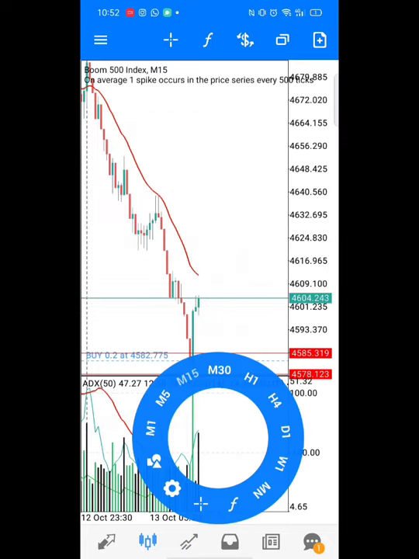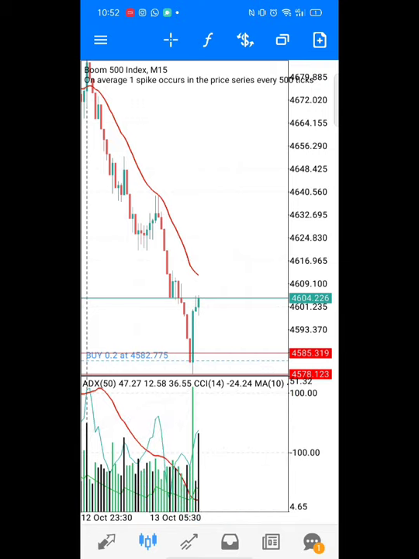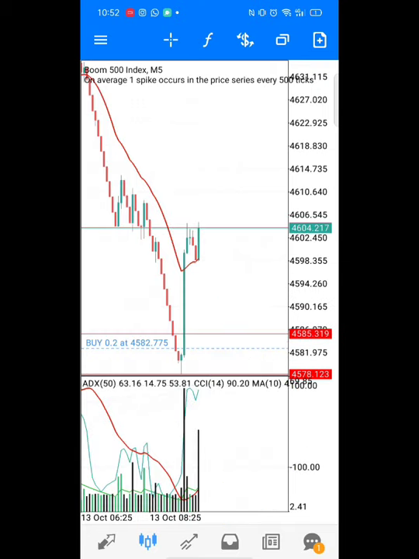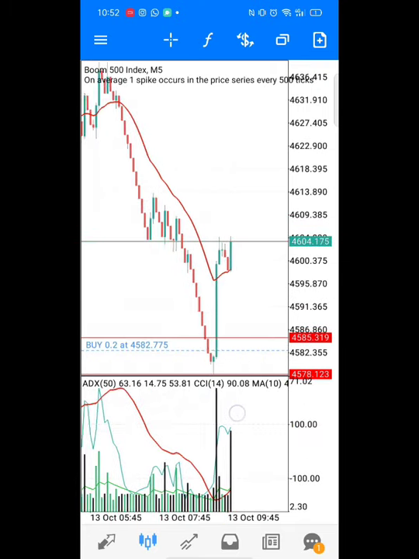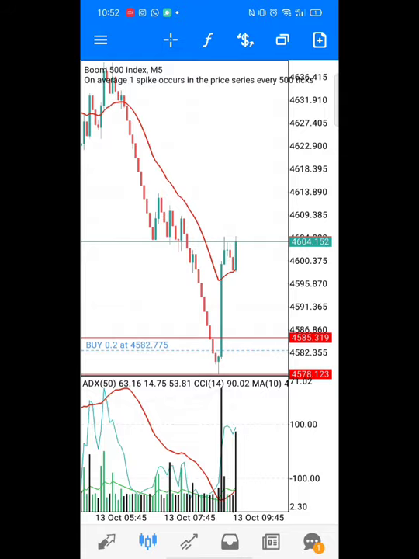Checking out the 1 minute, the Boom 500, checking it out. So I'm still holding on to